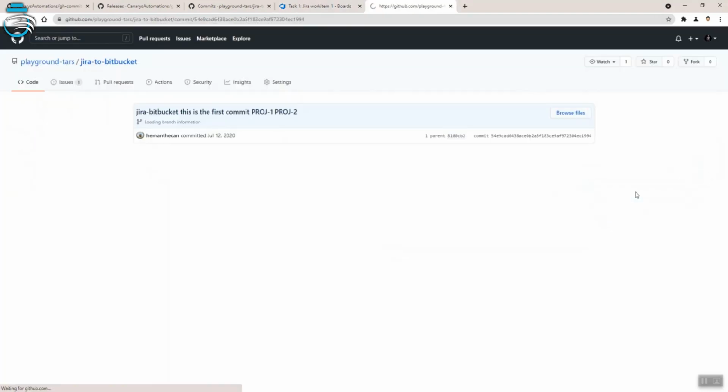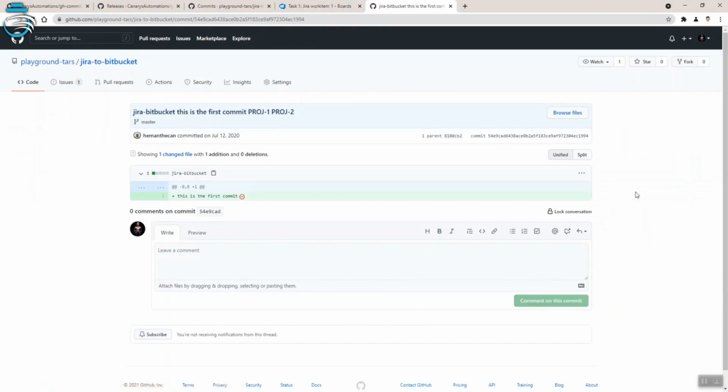Now, when I click on this commit, it redirects me to that GitHub repository, where I can see the relationship between the work item and the development work that is flowing. This way it will save a lot of time if you have hundreds and thousands of commits within a single repository and you wish to associate the same kind of relationship between your work and the development that is going on. This is all about the tool that I wanted to give you a run through.